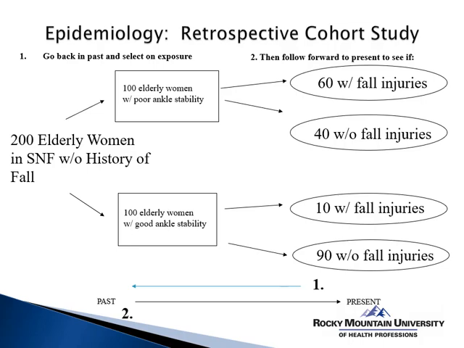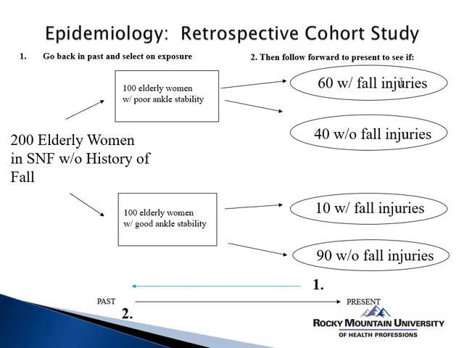Let's say upon intake, everybody was evaluated for their ankle stability. Well, you could go back when everybody was admitted, so they hadn't had a fall when they came to you, right? But you did collect ankle stability measures, and so you found that there was a group that had poor ankle stability, and a group that had good ankle stability. So now from that past data, you've been able to dichotomize people into one group or the other, and then